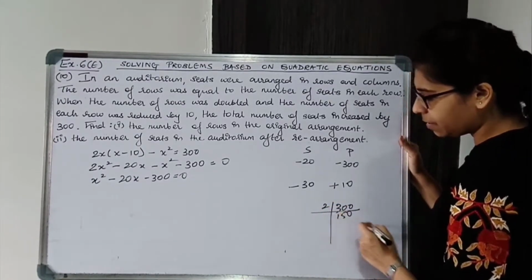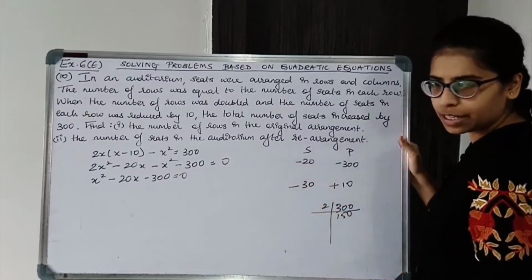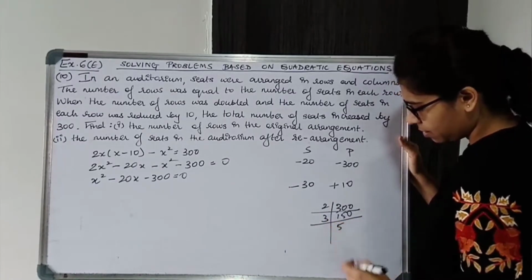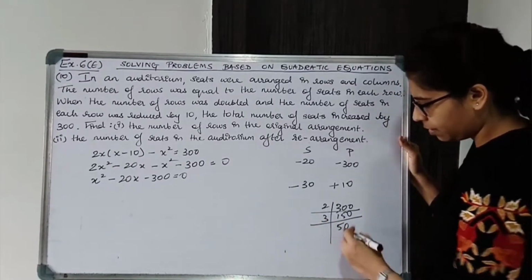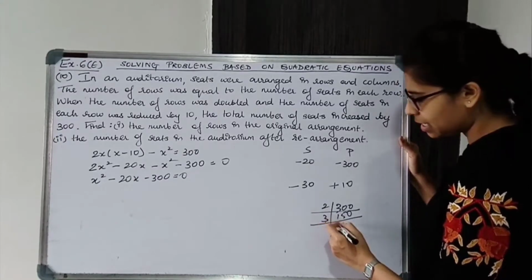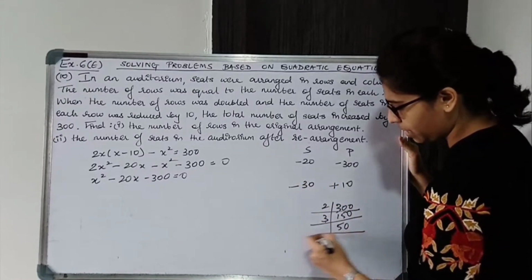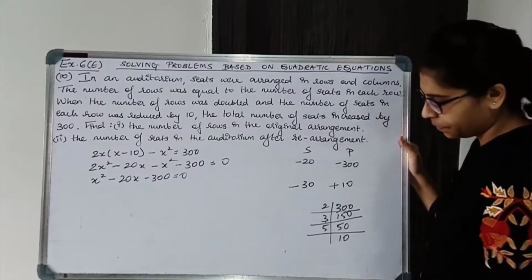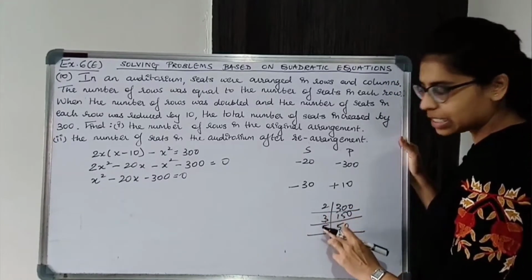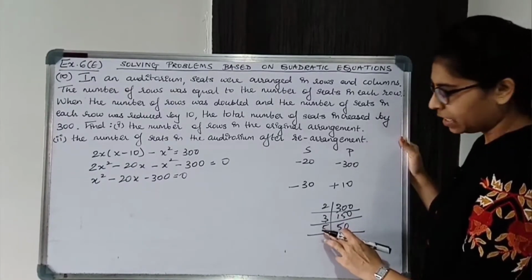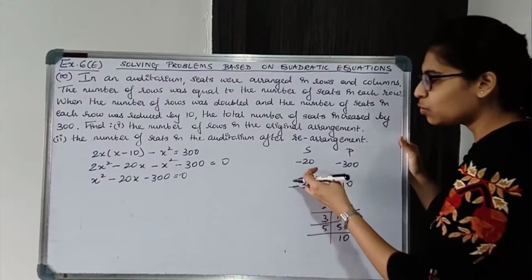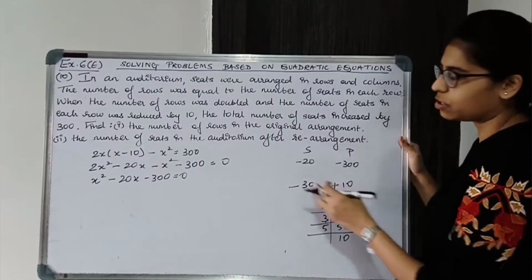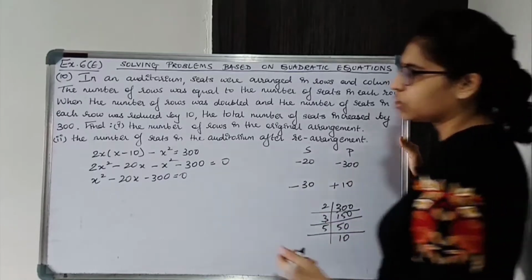2 150s are okay, but on subtraction you will not get 20. 2 3s are 6, 6 and 50, the difference does not give you 20. 5 10s are 50, so 2 3s are 6, 6 5s are 30. 30 and 10, the difference gives you 20. So 30 will be negative, greater will be negative and smaller will be positive. Only then you will get negative sign on subtraction.